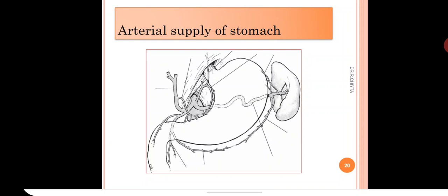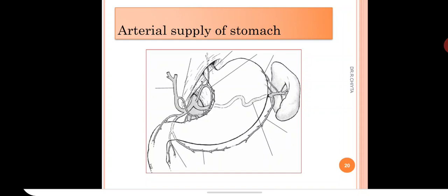So the celiac trunk diagram, again you have to recall and see the arteries, and we have to remember which branches these arteries come from. Left gastric from celiac trunk, right gastric from, you see the uppermost arteries running along the lesser curvature, left gastric is directly arising from celiac trunk, right gastric is arising from common hepatic artery.